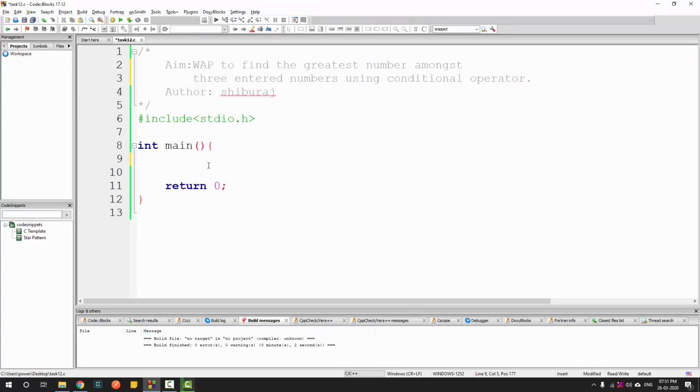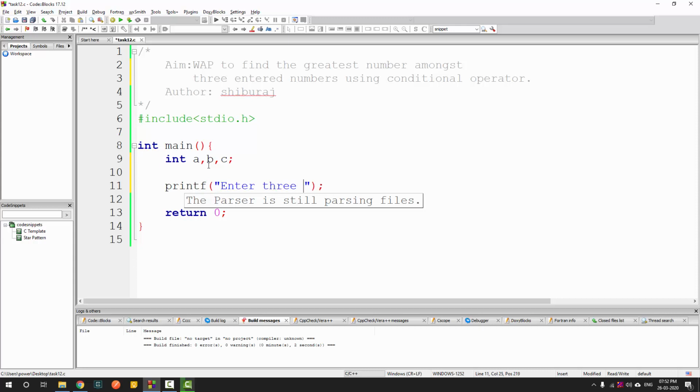So, first of all, we have to take the input from the user for three numbers, right? So let us say all the numbers are int and it's a, b and c. There are three numbers a, b, c. We have to take the input from the user, so let's say printf "enter three numbers" comma